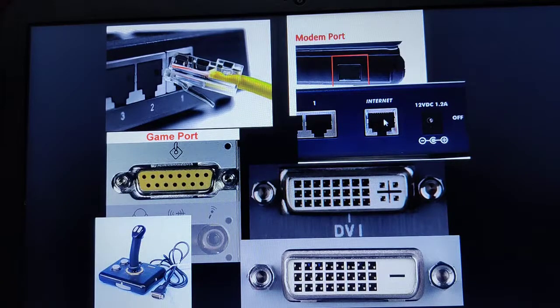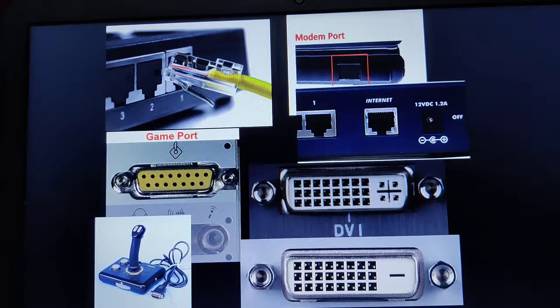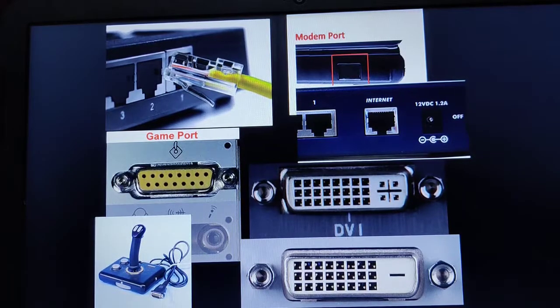And the connector or cable I'm using to have this ethernet connection is RJ45. That is the ethernet cable RJ45 connector I'm using to connect your computer system to the internet.